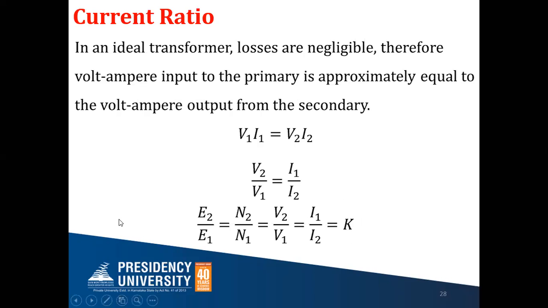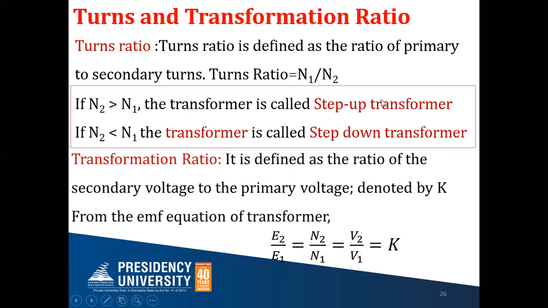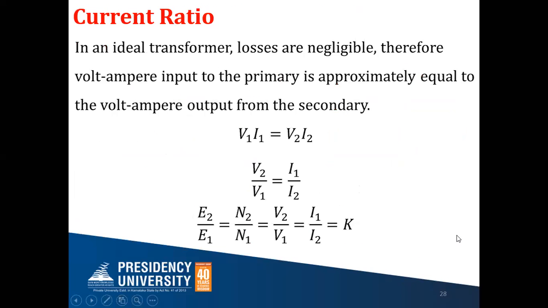So you can see here, suppose I'm using a step-up transformer: the number of turns in the secondary is more, and then the voltage in the secondary is more, but the current in the secondary is less. In a step-up transformer, the current will reduce. But in a step-down transformer, the voltage will reduce, but the current will increase, because voltage and current are of opposite nature, since V2 by V1 is equal to I1 by I2. That's the only thing you must remember. The current will always be opposite in the case of a transformer.